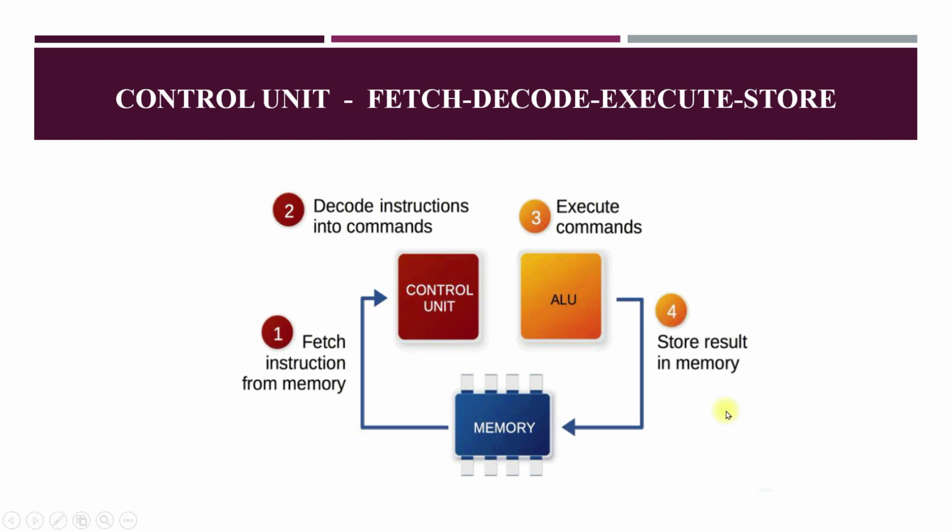Okay, so the control unit is going to perform the fetch and decode instruction functions, and the execution, that is the processing of the data, will be carried out by the ALU. Then storing of the data, that is the output: after processing the data, you will be getting some output, and that output from the ALU will be stored in the memory. So this is how the execution of a particular instruction is carried out